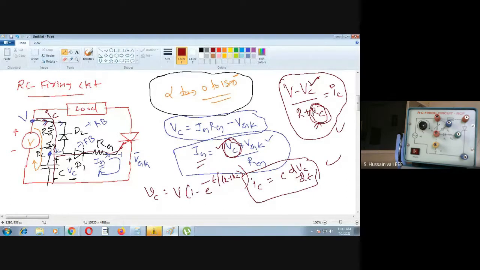That's the logic here. Now I want you to just think yourself, or go through the basic textbooks about the firing circuits. Why in this case of RC firing circuit is the firing angle between 0 to 180, whereas in case of R circuit it is only from 0 to 90? This answer you will get from the textbooks. Okay, that's your job completely. Now I will show you.